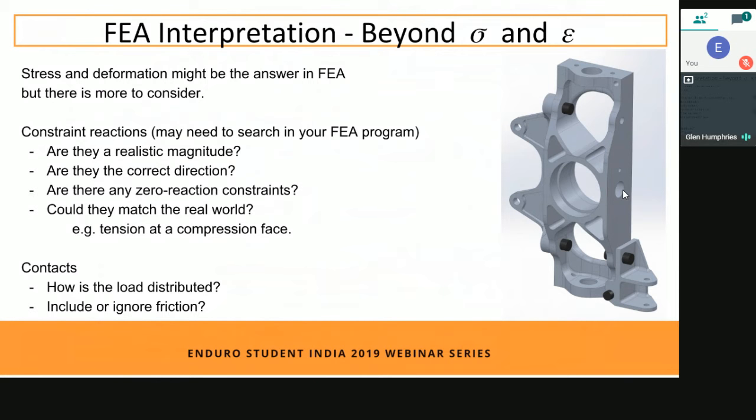And we can't realistically simulate only one of these components at a time, because they all move together, they all deform together, and they all transfer loads onto each other through these contact interfaces. So getting the results from these contacts is really informative, and it's really important, A, to make sure our analysis is run correctly, and B, to show us things we can learn about the question we're trying to answer. For example, how is